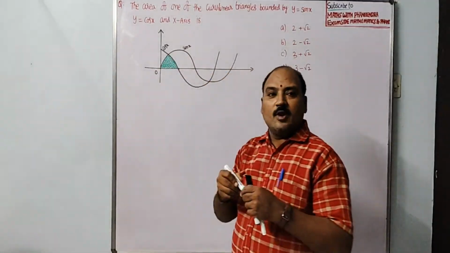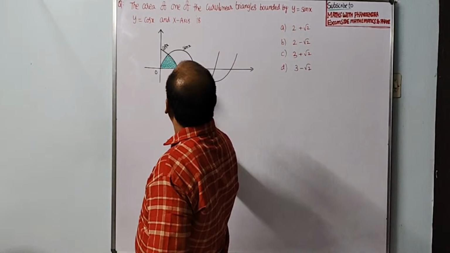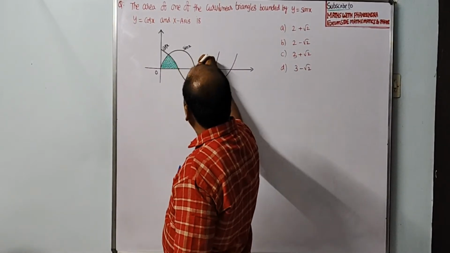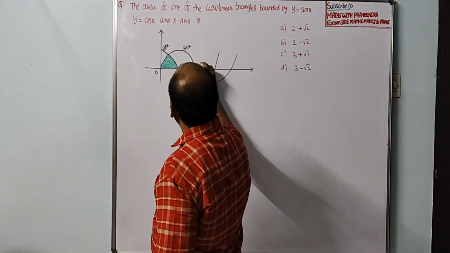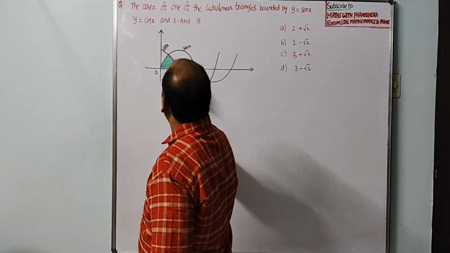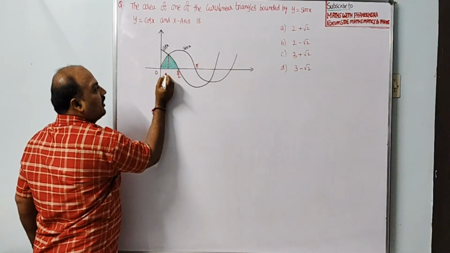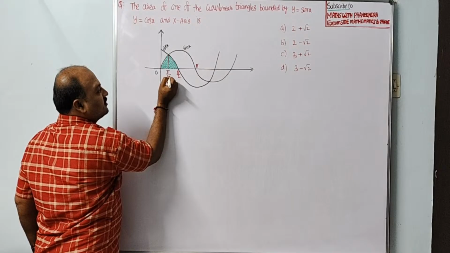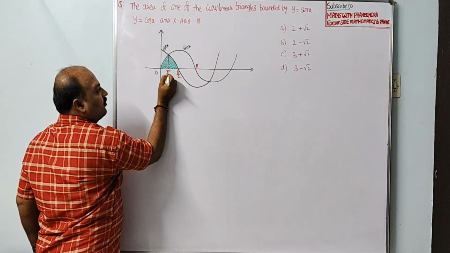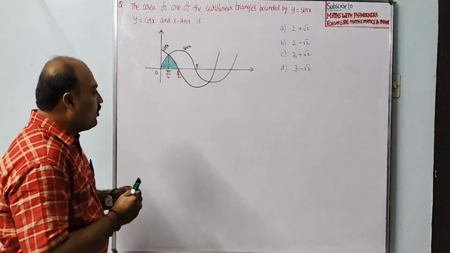But what are the boundaries? What is the point of intersection of these two? From 0 to here is pi, no? It is pi by 2. So the point of intersection of these two curves is x is equal to pi by 4, dear students. So the required area